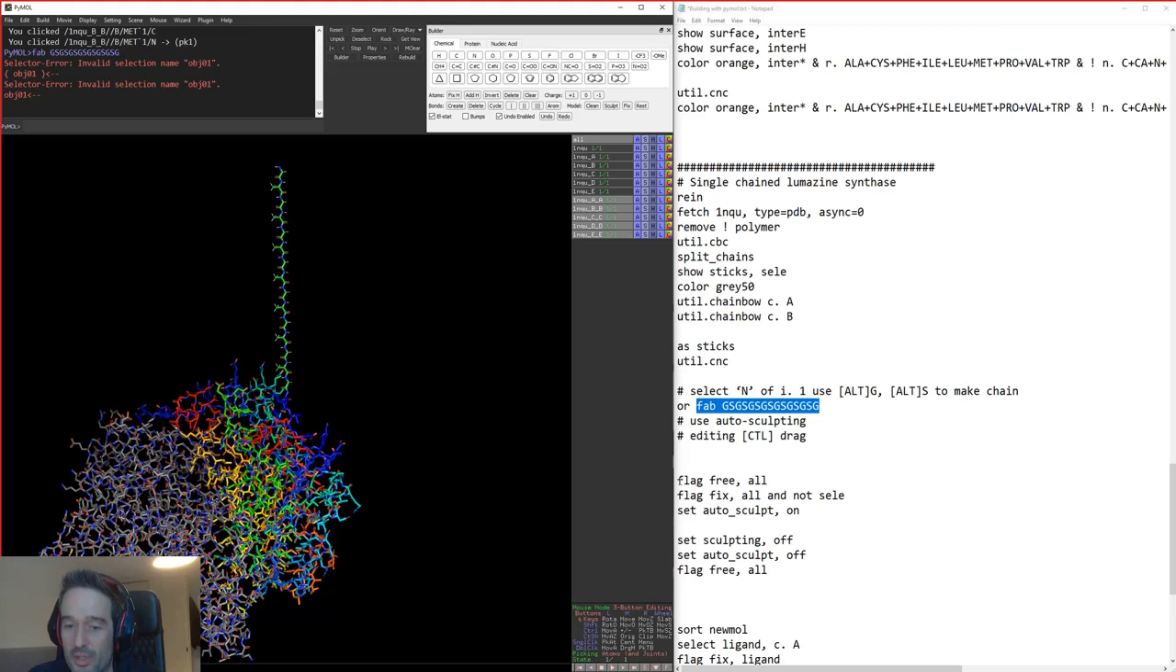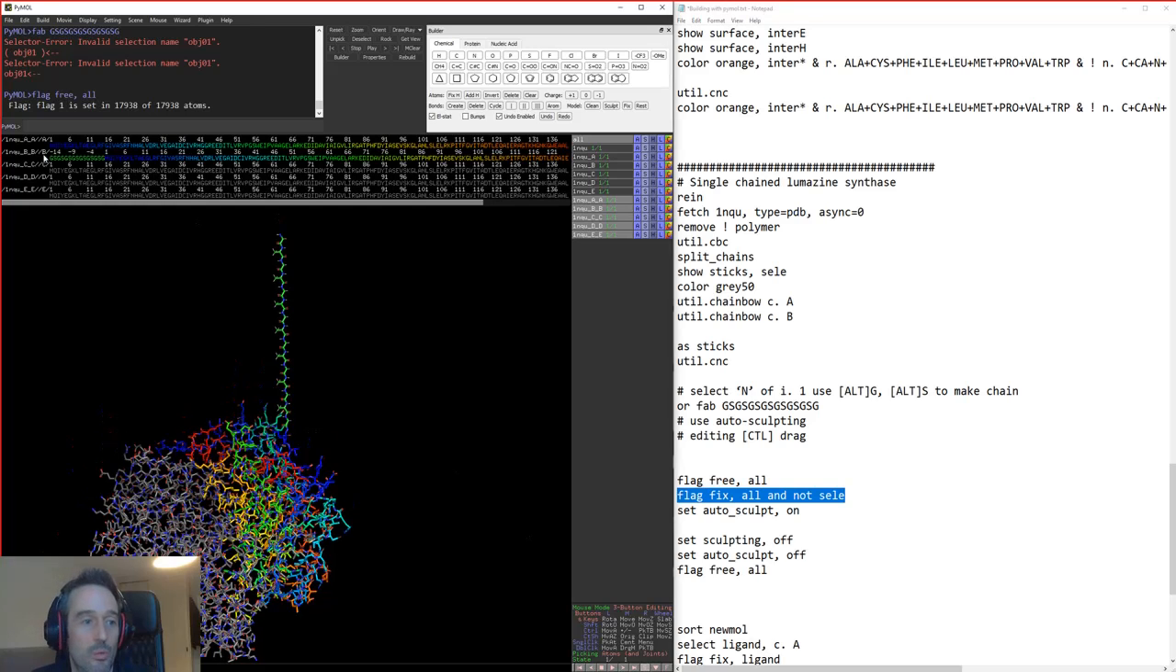Now we can do some pretty funky stuff using the sculpting technique here. There's a command called flag, which you can have free or flag fix. So this just defaults to make sure that all things can freely move when we sculpt, and then we'll use our actual flag command here where we're going to fix everything except for the things that we've selected. So what we'll do is we'll make a selection of our new section here. We'll enter in our command to fix all atoms except for the ones that I've selected, and then we'll turn